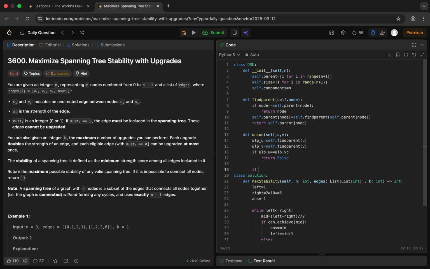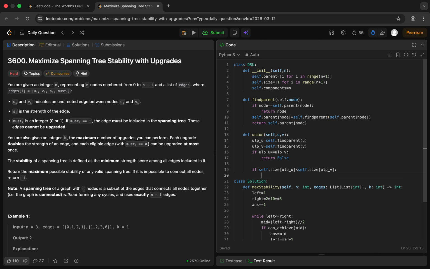If it's not the case, we will simply check which size is greater, that of the ultimate parent of u or the ultimate parent of v. So let's do that. If self dot size of ultimate parent of u is less than self dot size of ultimate parent of v, we will always add the smaller size to the larger one. So then self dot parent of